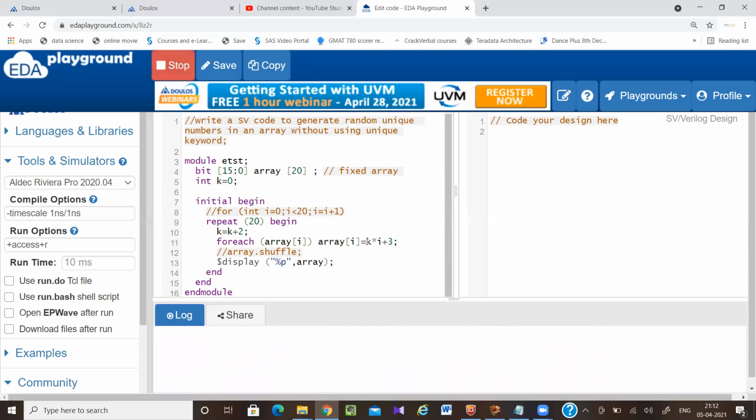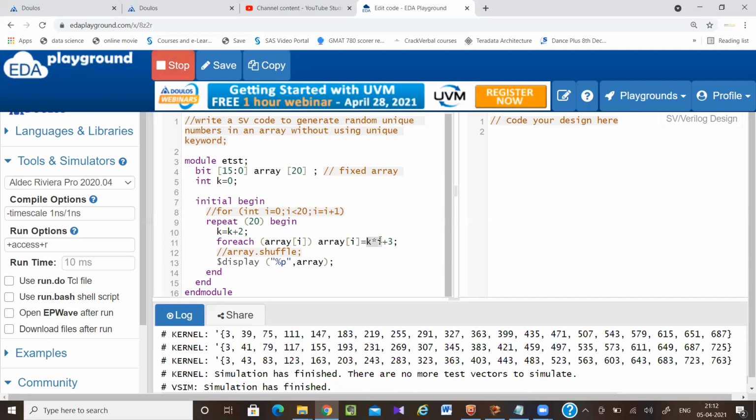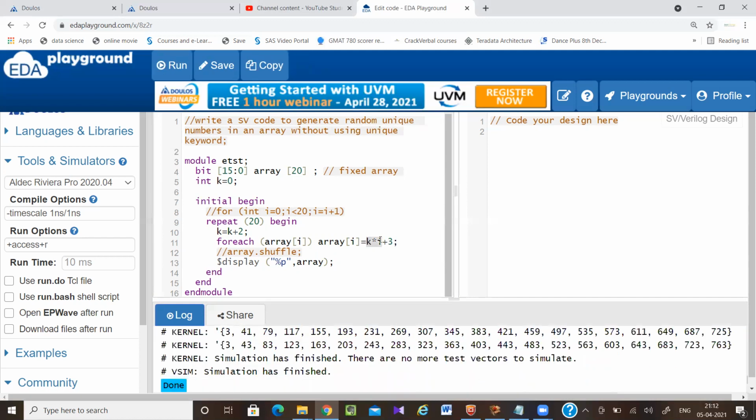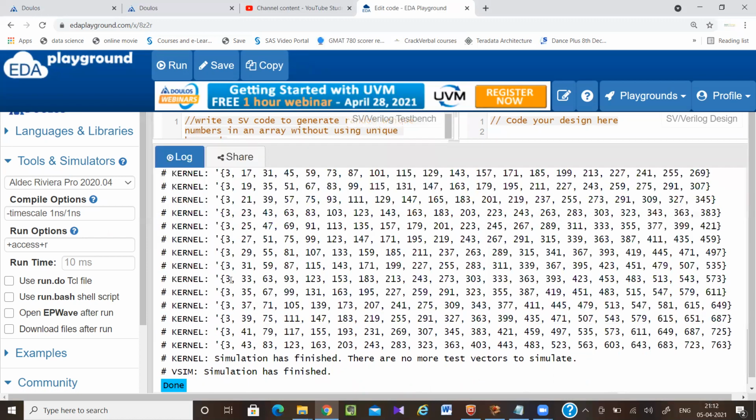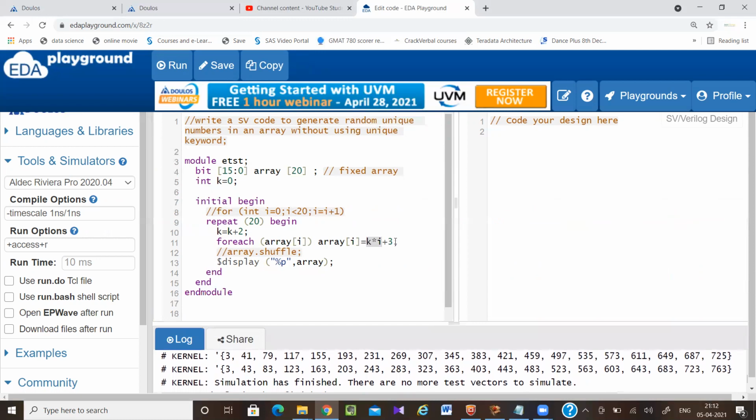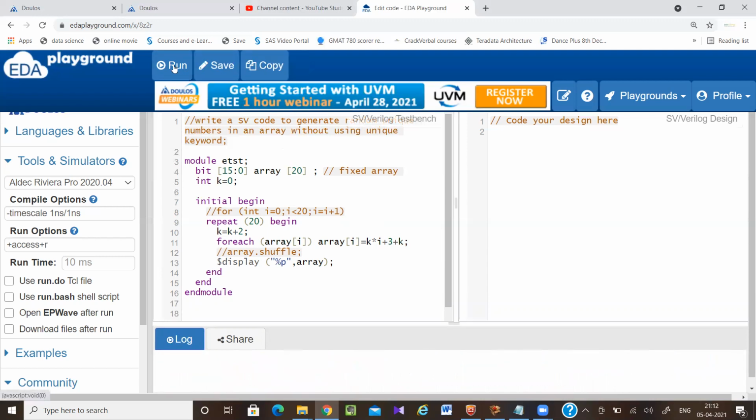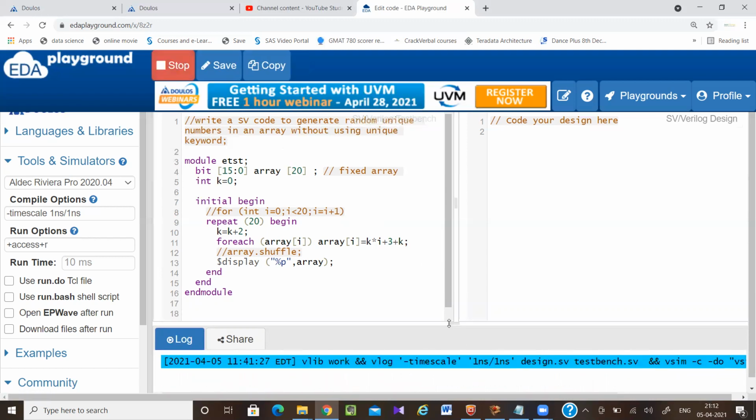So this means these values will not always be the same. If I simulate with i alone, i is going 0, 1, 2 like this always. But with k into i, the k value will be different for each loop, so k into i also will be different. So now you can see. Why is this value 3 generated? Because every time my i equals 0. If you want to make this one also random, you can simply add k. So the first value will also be random.